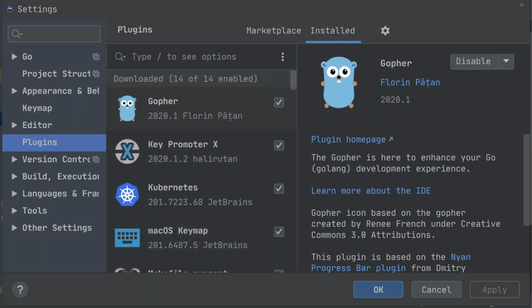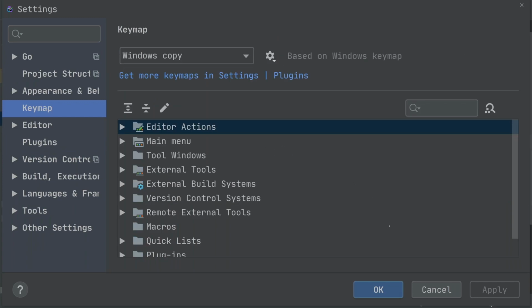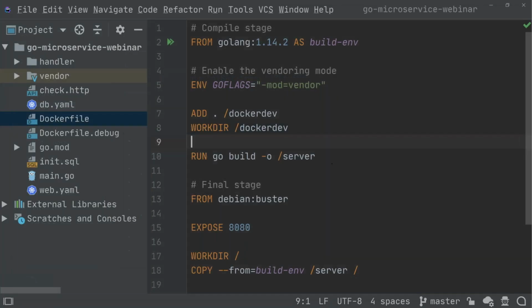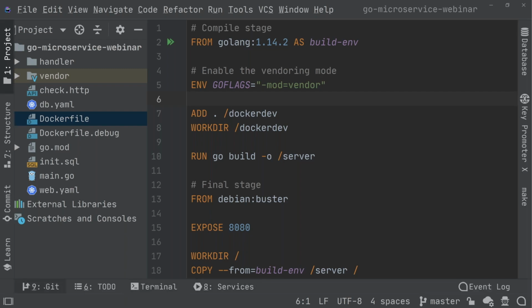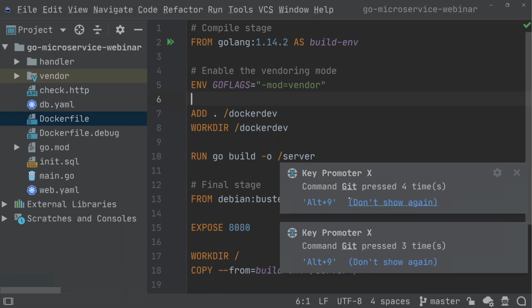Thanks. The next question. Are most of the actions you use covered by shortcuts? Do you mostly use the keyboard? Yes, most of the actions are covered by shortcuts. And there are a couple of ways to learn them. For example, the plugin that I showed earlier, Key Promoter X, has a feature which actually prompts you,